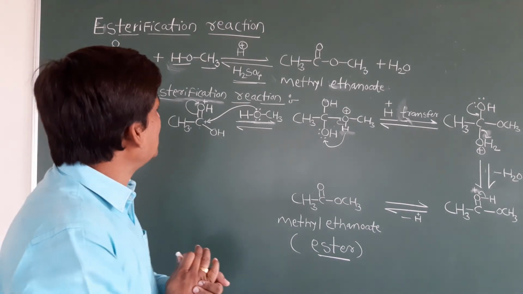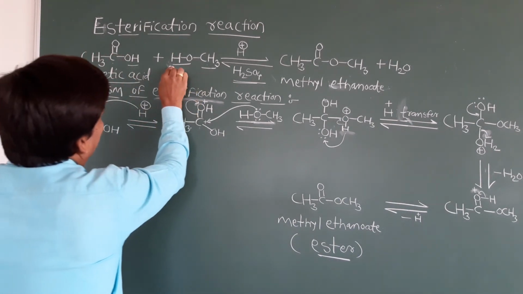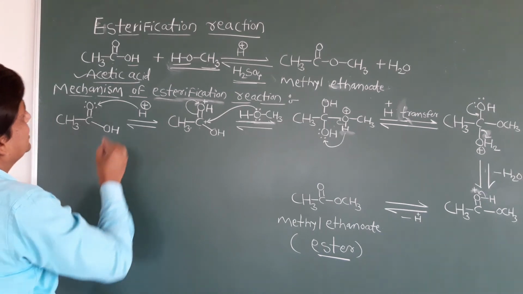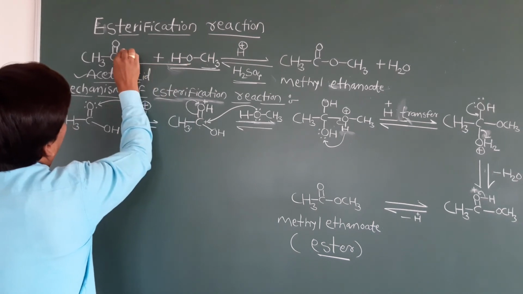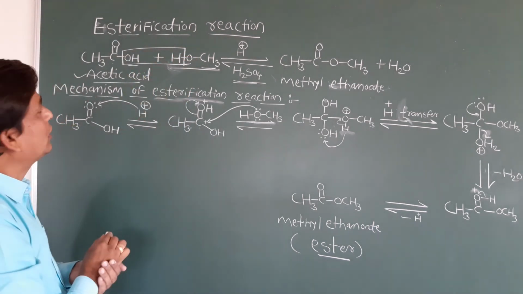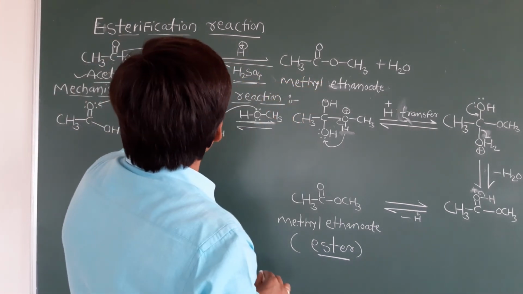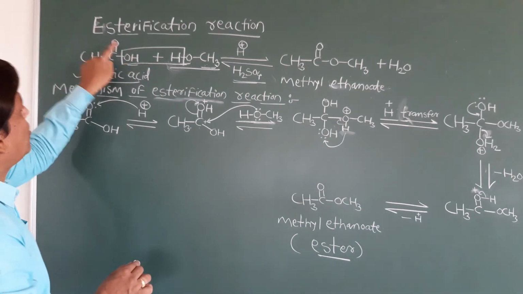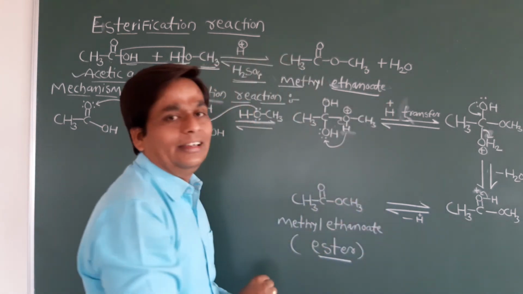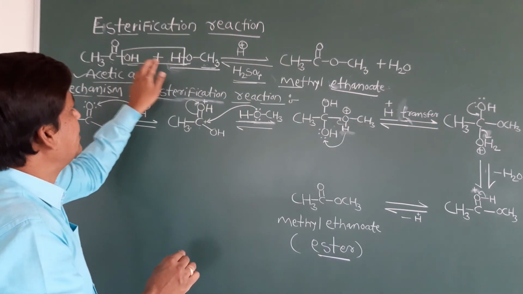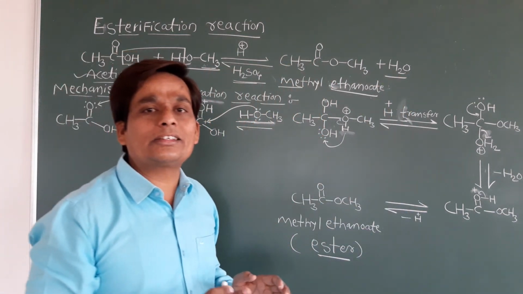So students, in this reaction what happens? How will the ester form? Here we have acetic acid and here methyl alcohol. The water molecule will be removed like this. The bond is breaking from here. This OH group and this H, H2O, will be removed, and the remaining part, CH3 C double bond O and OCH3, like this CH3 C double bond O CH3, gets attached and we get methyl ethanoate. It is an ester, and it loses the water molecule, this OH and this H. It is H2O. Now, clear students, how this esterification reaction takes place?